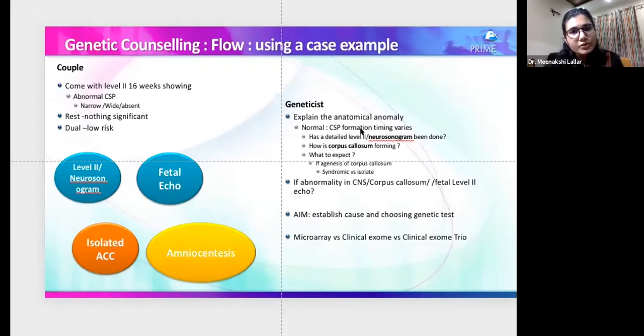And I am also going to explain that the scan was done at 16 weeks, and the CNS, the brain, is an evolving organ. We might get a clearer picture at a later date. But because of prenatal testing, we have certain gestational age capping to follow, so the testing we would like to initiate. So what I told this couple who presented at 16 weeks with abnormal CSP was, let's get a